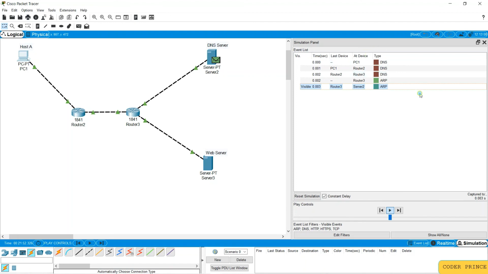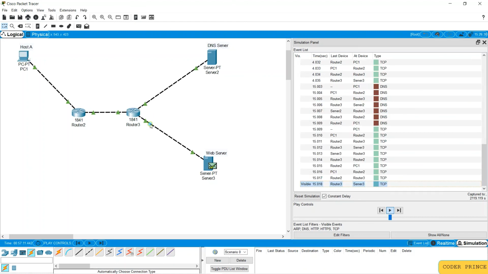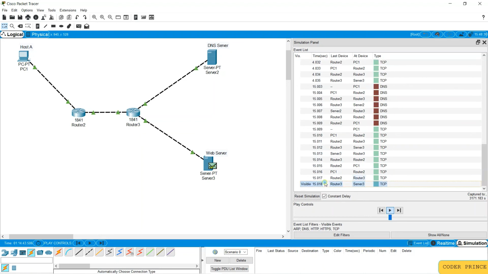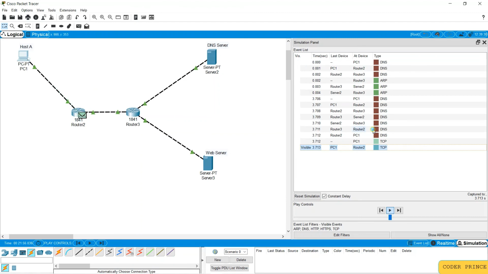In this field you will find the type of packet, whether it is DNS, ARP or whatever. It will take some time as well. As you can see here, the process has been completed now. The packet from host A has reached the web server. So these many types of operations or transmission protocols had to be done before it reached the web server. Once you get this particular message, it is understood that everything went well and the connection is set up properly. So that's it for this video.